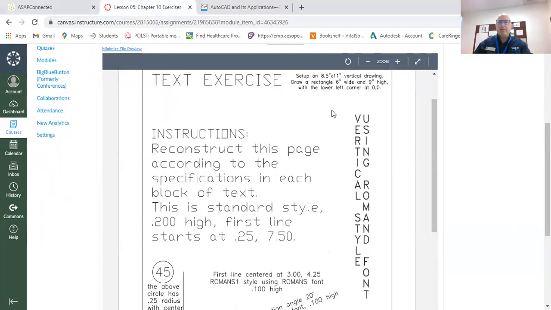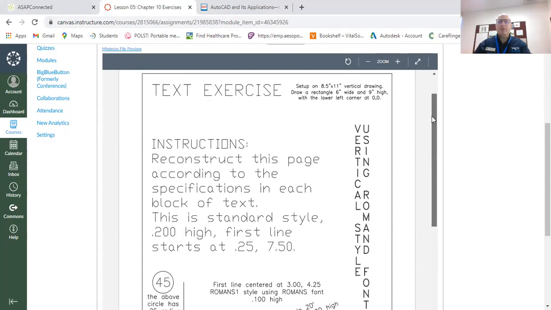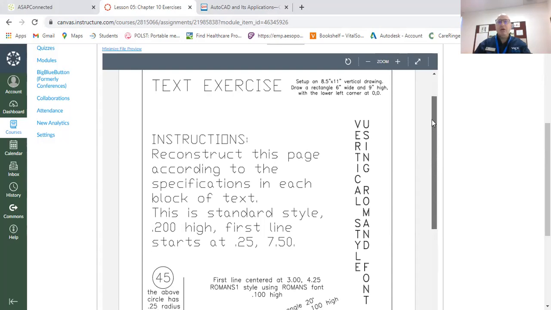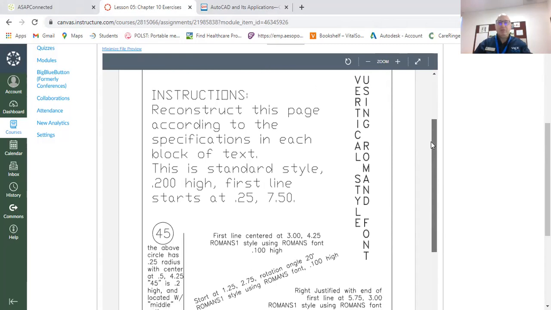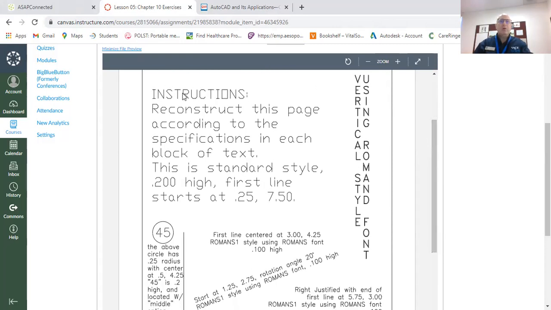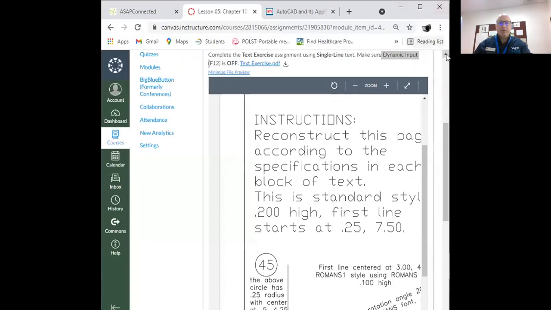Set up an 8.5 by 11 vertical drawing. Draw a rectangle 6 by 9 high with the lower left corner at 0, 0. Then you're going to follow these instructions. So let's jump into it. I'm going to change this a little bit